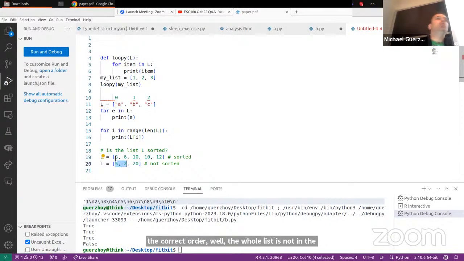Right? So in order to check, are there neighbors that are in order or out of order? Well, you can't just do something like this. You can't just do for E in L, because inside here, I just know what E is. I know the current element, but there's no way for me to access the element from before. So on the other hand,